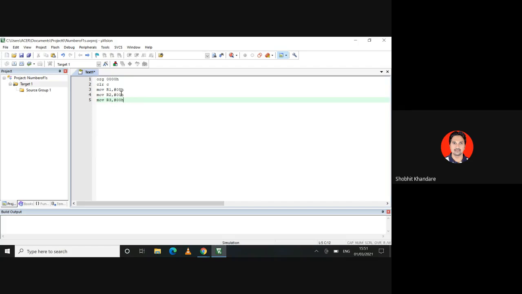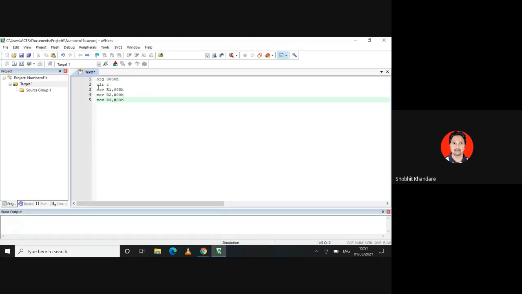So here I'm using 3 registers, which are general purpose registers. These are taken from bank 0. If we do not specify from which bank to take, it will be bank 0 by default. So from bank 0, I am using 3 registers R1, R2 and R3.